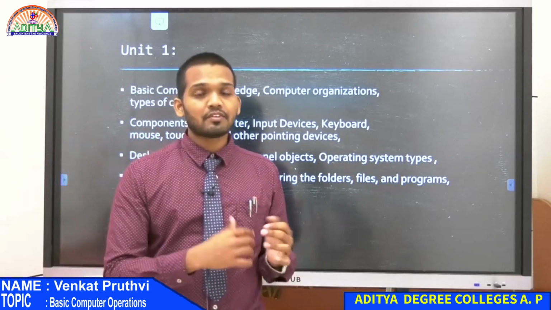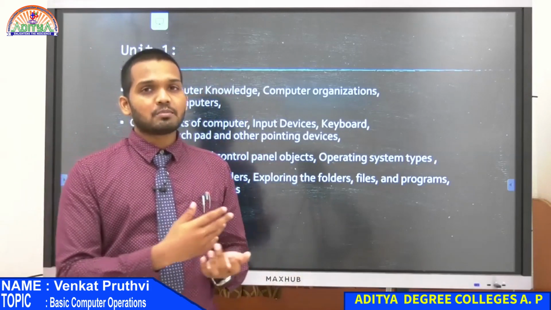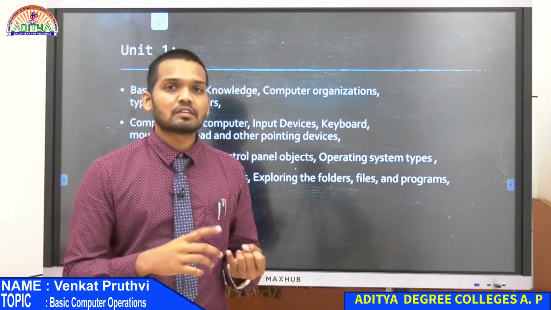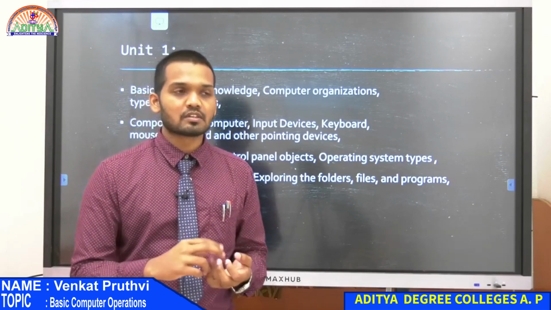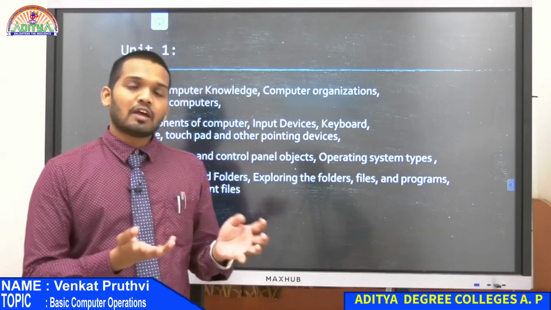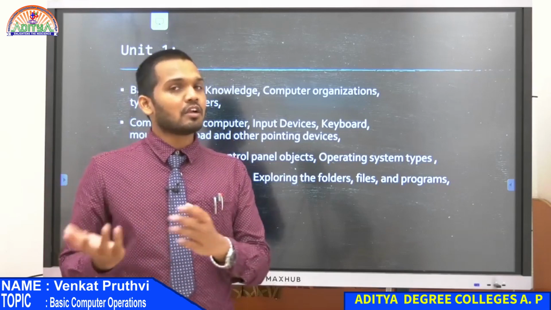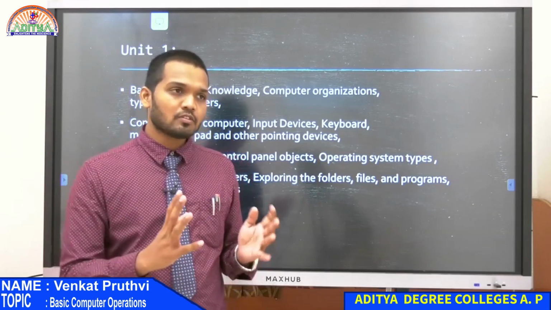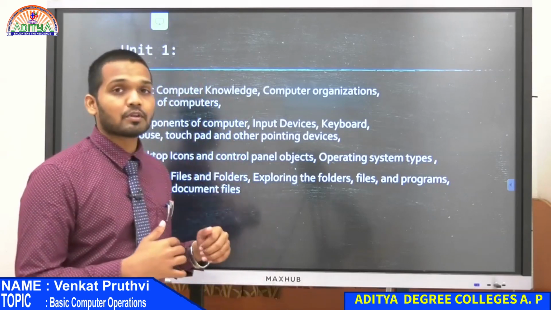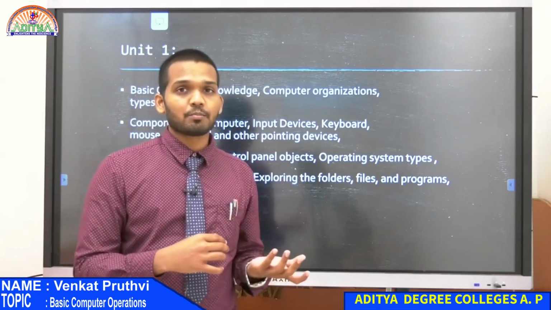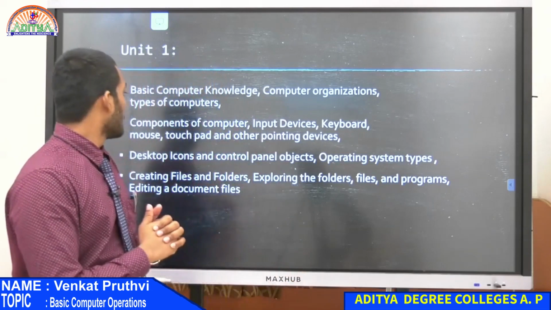In the last class, I gave you a classification of two different kinds of computers. One is analog, the other one is digital. And when you have a mix of both of these, that is called hybrid computers. So this is the classification for computers, and we discussed analog computers in the previous class.